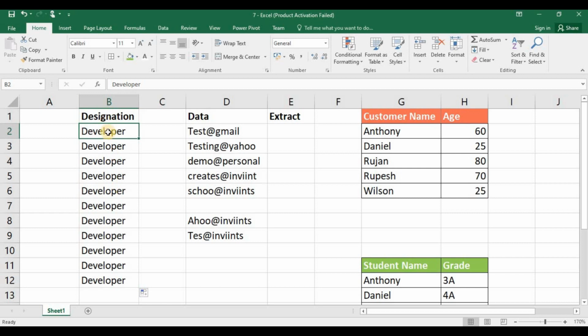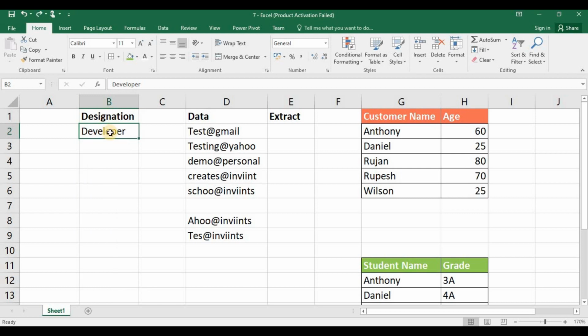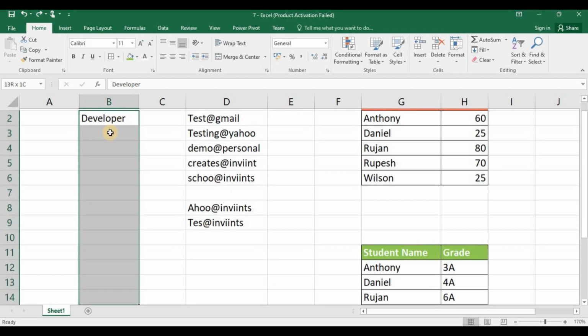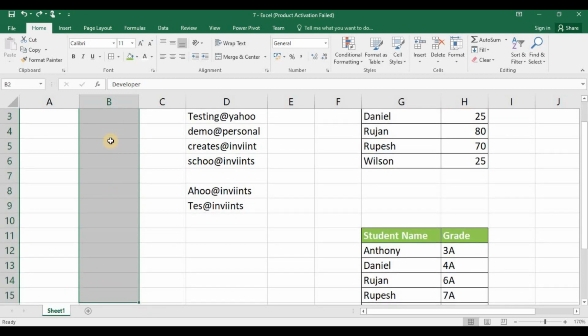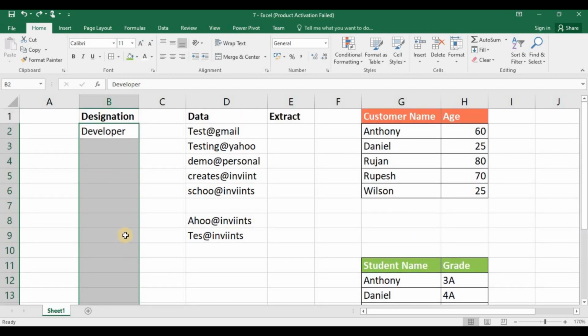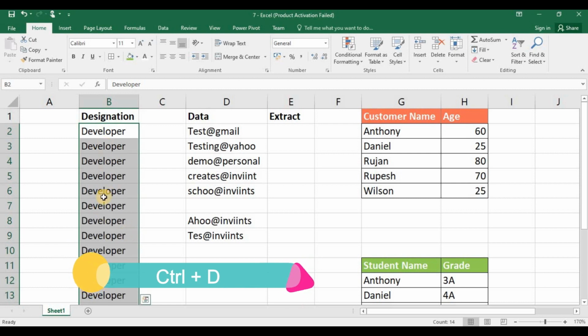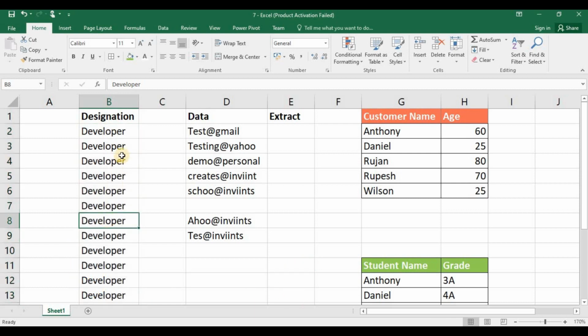You can also do this by using a shortcut key. First, select all the cells located below this cell. I am selecting from this cell to B15 as I need to fill only till B15. See, the data cells have been selected. Once the selection is done, press and hold the Ctrl key. Then press D. See, the data has been filled. To fill the data down, you can use Ctrl plus D as a shortcut. D for down.